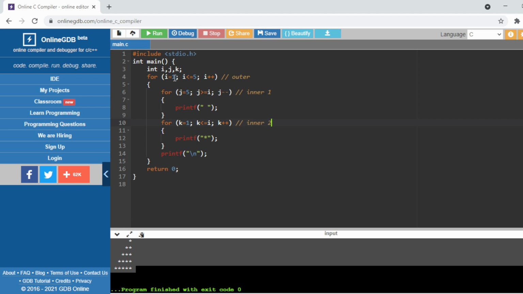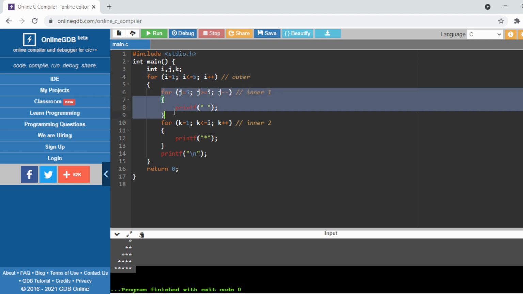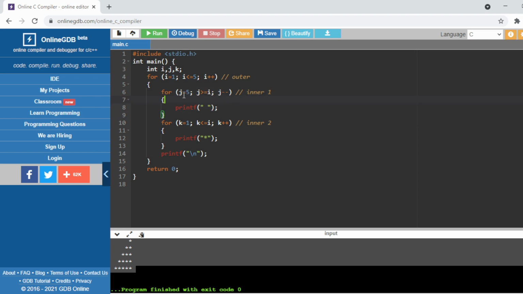So here, the same concept: for the value of i equals 1, this loop will run 5 times, right? Because this is nothing but a decrement, the value of j at the first time is 5, and the condition is greater than or equal to i.